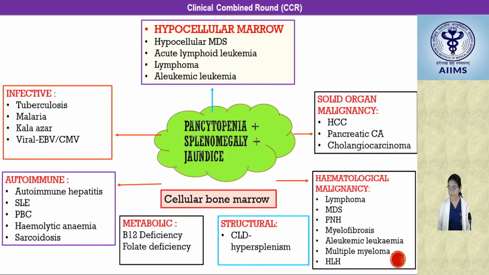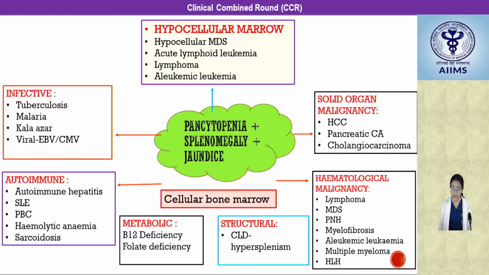I further subdivided malignancies into hypocellular marrow and hematological malignancies with a cellular marrow, apart from the solid organ malignancies. So in a hypocellular marrow, our main differentials were a hypocellular MDS, ALL, and lymphoma. Amongst the causes with cellular marrow, primary to the bone marrow, we had hematological malignancies like lymphoma, myelodysplastic syndrome, PNH,